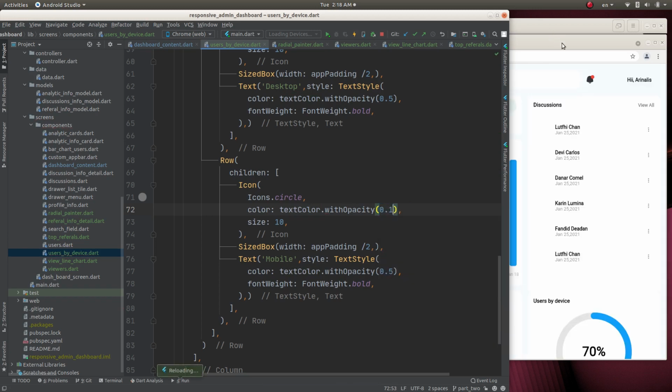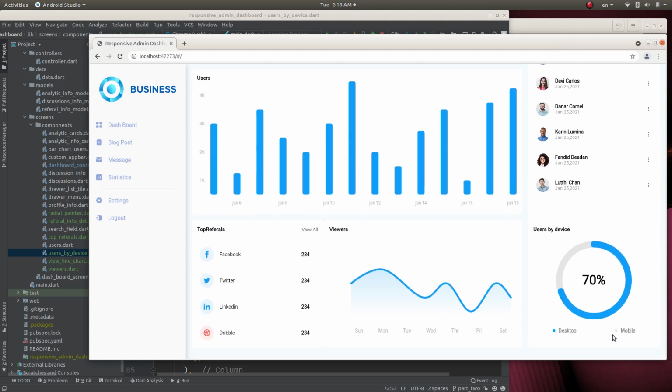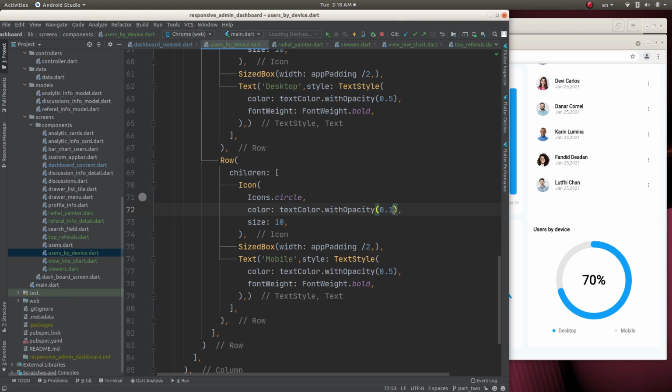Let's check. Yeah, it's perfect. And I think it's slightly bare. I think let's increase the opacity also. Let's increase the opacity to 0.2, and